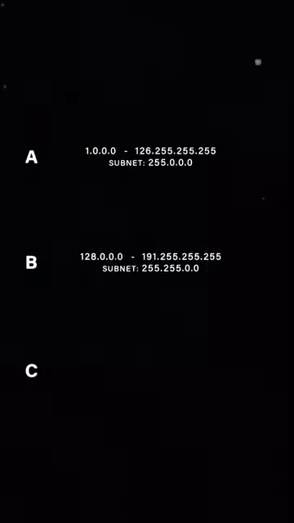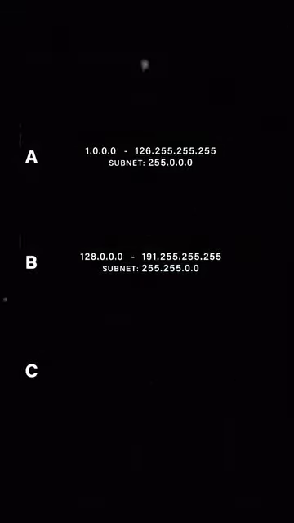Each class has a range of IP addresses. Class A addresses are between 1.0.0.0 to 126.255.255.255, but subnet masks are of 255.0.0.0. Class B addresses are between 128.0.0.0 to